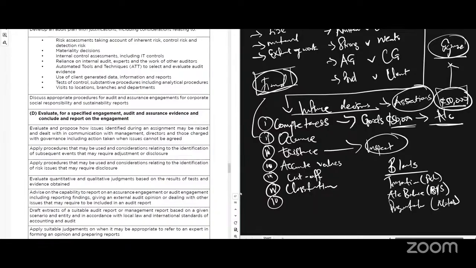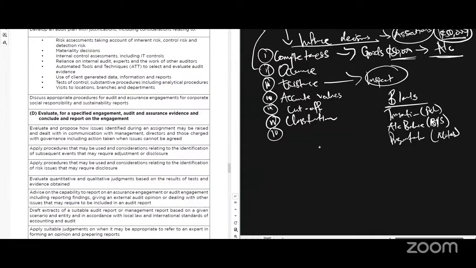When you want to come up with an audit procedure, you must know what assertion you are actually vying for, what assertion is relevant, and what objective you want to achieve. You must look at the source of the evidence, what evidence you are testing, and what procedure you are using to test that evidence.